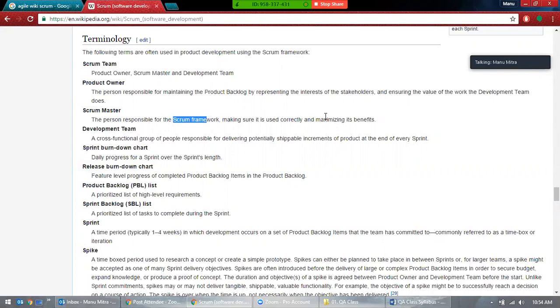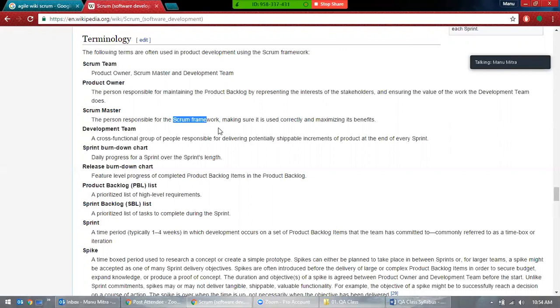What's the major job of a Scrum Master? It's a bridge between the developers and testers. Most people don't know what the use of a Scrum Master is. When you go into a project, they know this is the Scrum Master, but what are the responsibilities and duties?